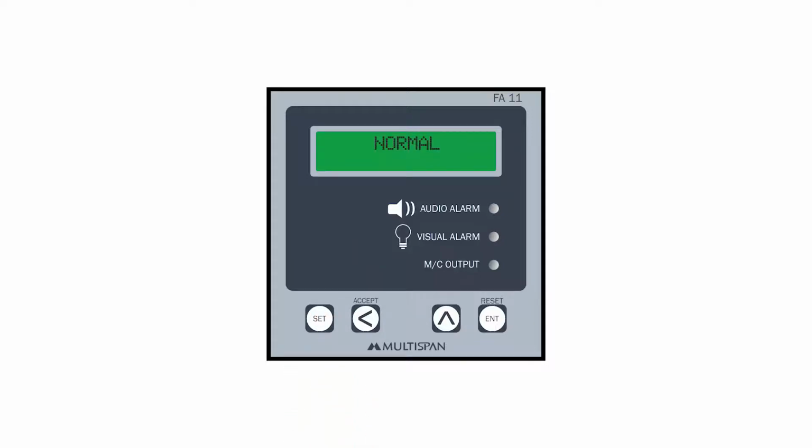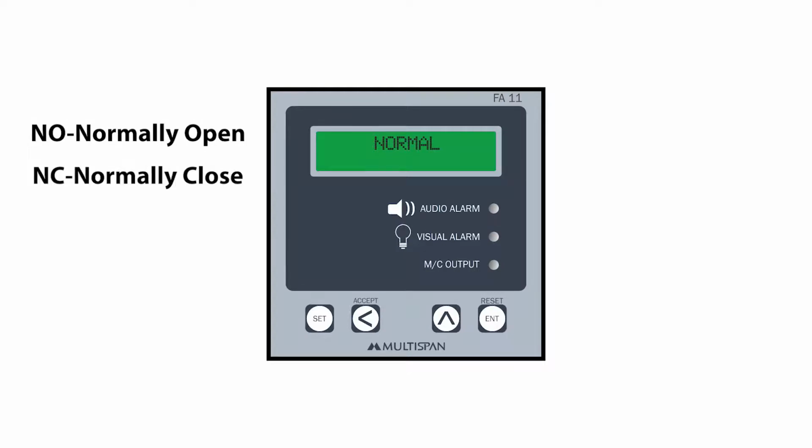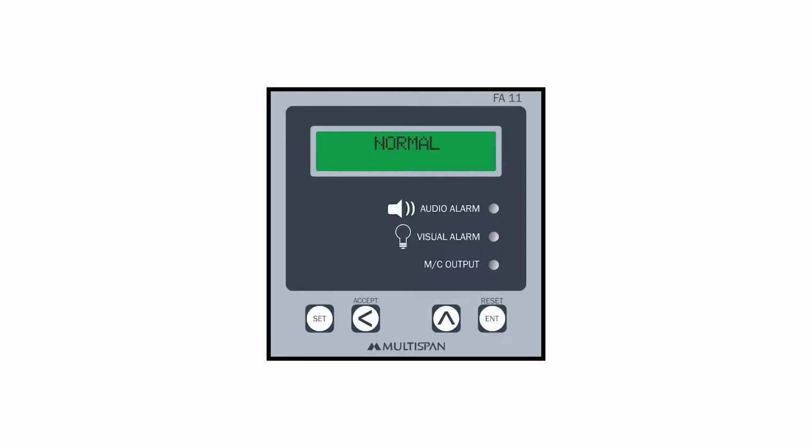Now in FA11, after defining the faults, the outputs are mainly normally open or normally closed, where normally open means whenever the fault occurs, the terminals will be open, and normally closed means whenever the fault occurs, the terminals are closed or shorted. Now you can set the fault to NO or NC.